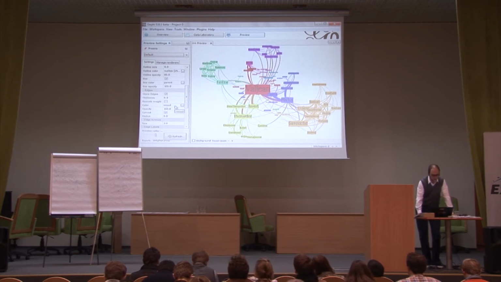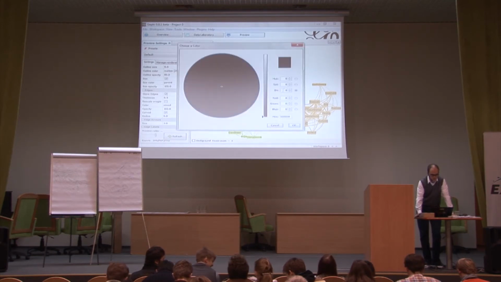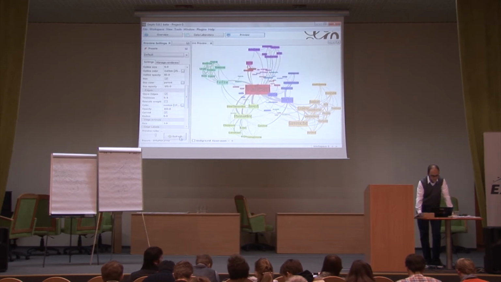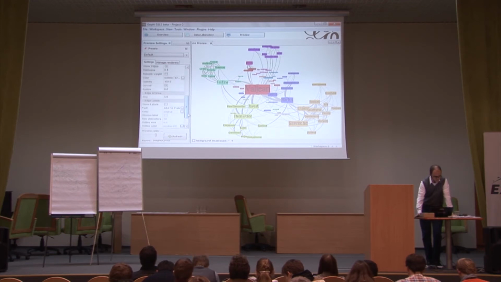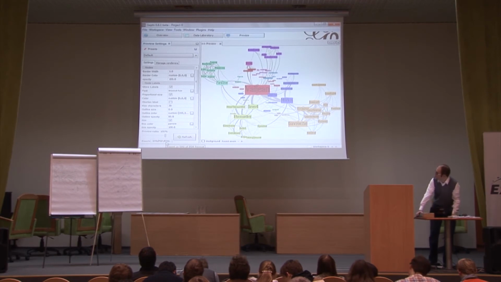I can change the color of the edges, for instance. By default, the color of the edge is the color of the source of the edge. But it could be something different, or it could be just the color I want. And well, if it's fine for me, it's okay. I can export here